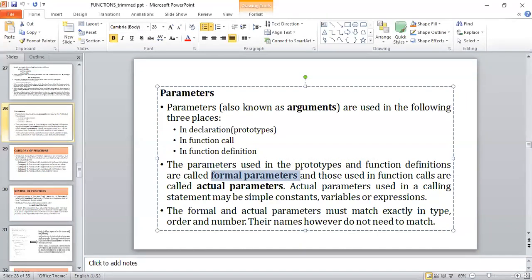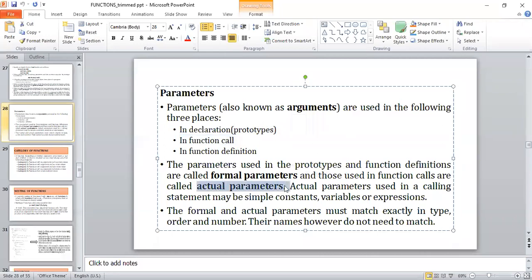The parameters which are used in the function prototypes and in the function definition are nothing but the formal parameters. If the parameters are used in the function call, that means at the time of invocation, they are nothing but the actual parameters.